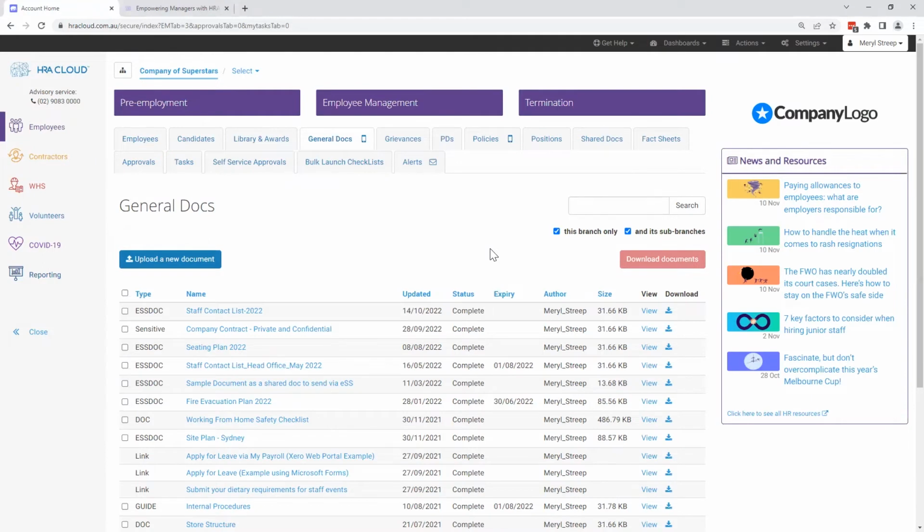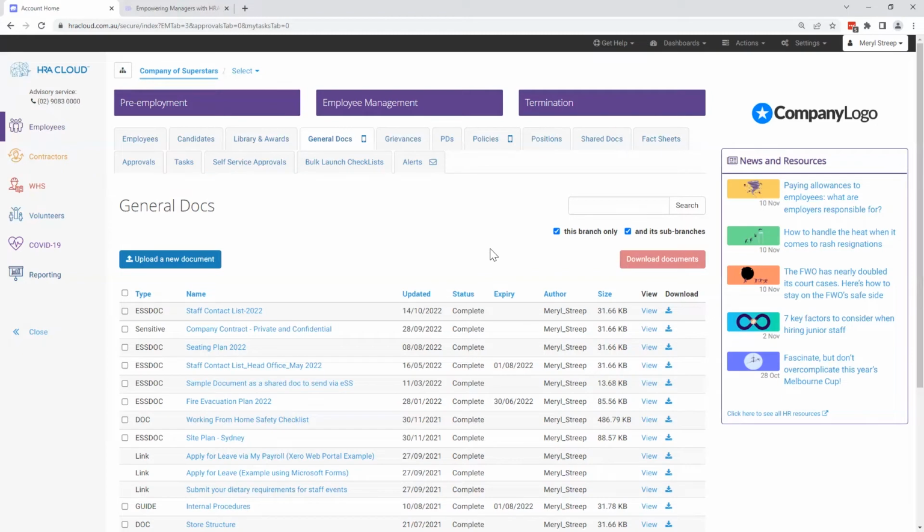What you can personally see and do within your HRA Cloud account will depend on the security and user access roles that you have been provisioned. There may be things I cover in this session that you can't see, and if you think you should be able to, please contact the HRA Cloud administrator within your organization to update your settings. If you are the HRA Cloud administrator and you require further assistance, please contact our client support team.